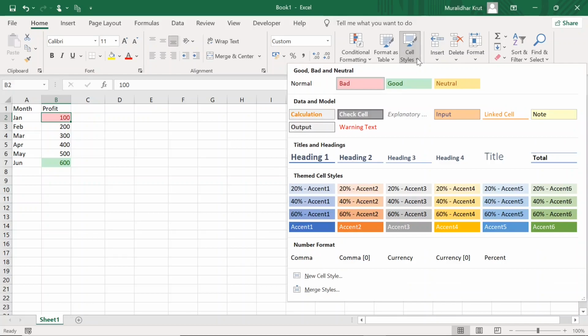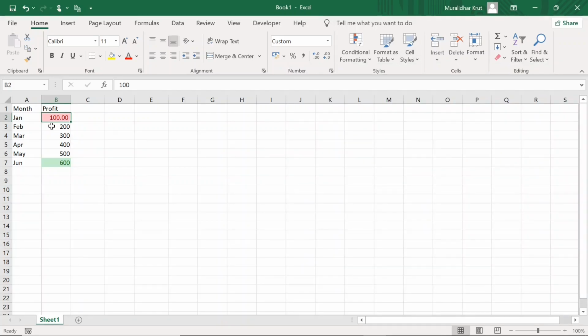Now we can also select comma style if it is in thousands. When I selected comma, I got .00, and if they are in thousands, I'll get a comma after the 1000. Suppose I want to make this 1000.